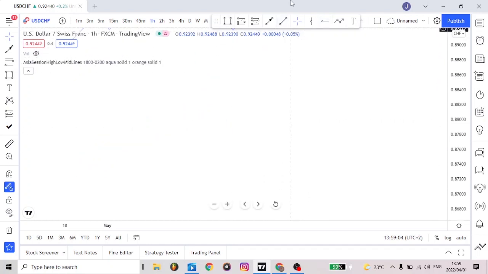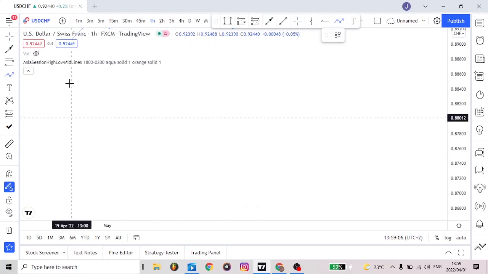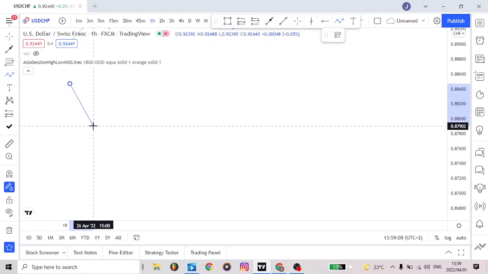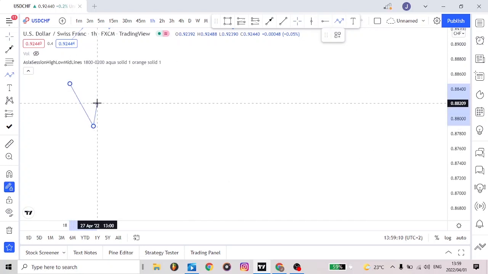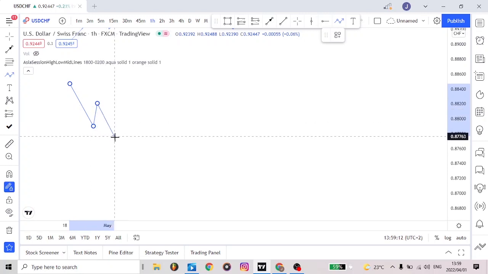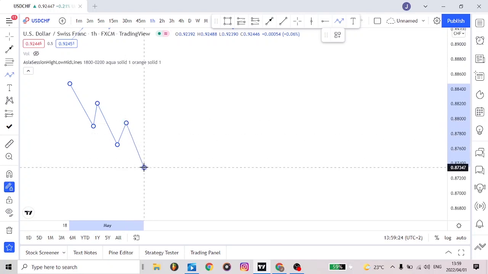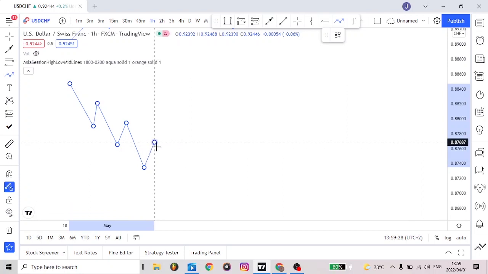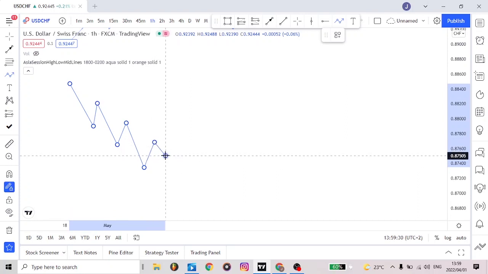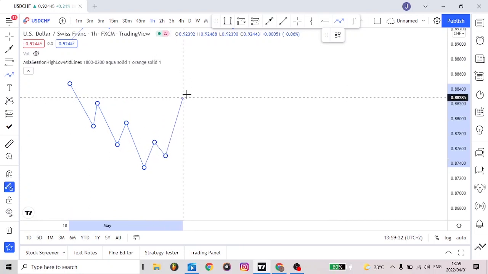Now let's say, for example, the market is in a downtrend, creating lower highs and lower lows. That's a lower low, a higher high, a higher low. That's a lower high, and then it took out the lower low, creating another lower low, and then a lower high, a lower low, and then we see the market do something like this, and then it starts pushing up.